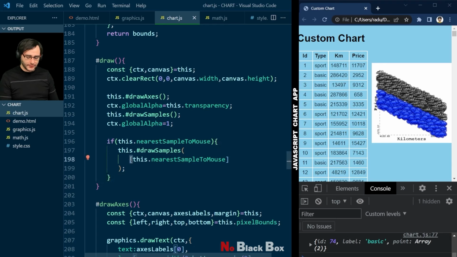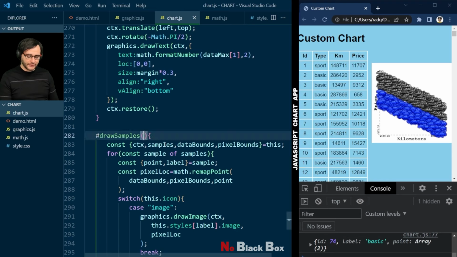So notice here, it's an array containing nearestSampleToMouse. And that's because here I'm going to make it have all the samples, the whole array there. And now this drawSamples is going to get these samples not anymore from destructuring here, but as a parameter instead. Let's save this, refresh,